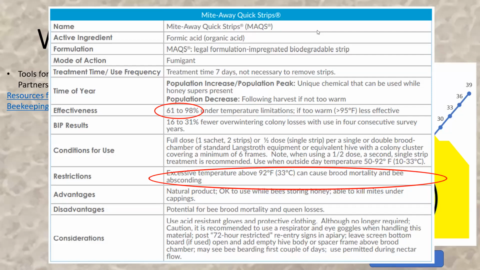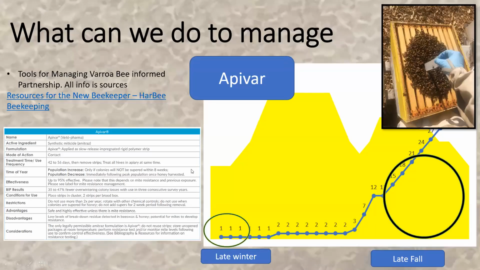And in late winter, I'm treating with Apivar. The first nice day in January, I put one strip of Apivar in each hive. You can see here in the top right, it's a small plastic strip that's put between the frames. So the bees crawl across that plastic strip that's impregnated with amitraz. Amitraz is the active ingredient within Apivar. And